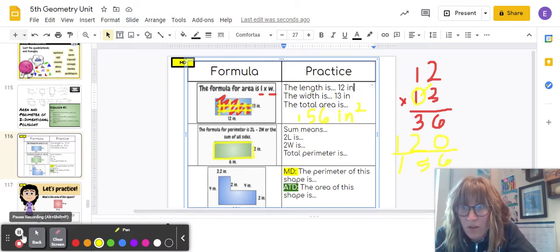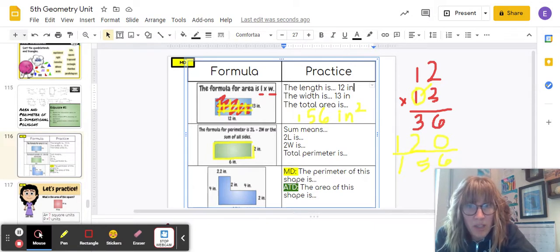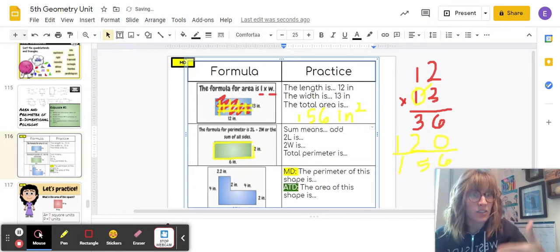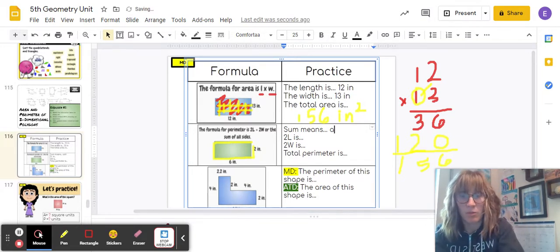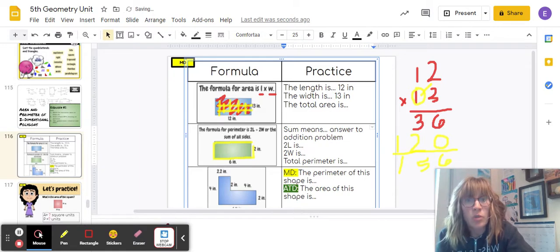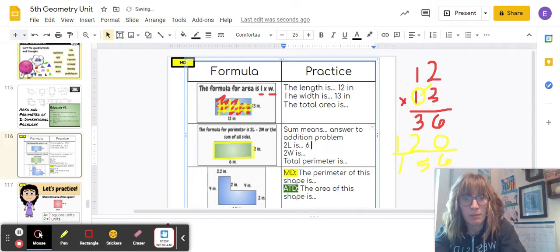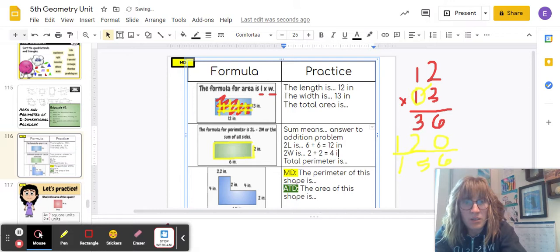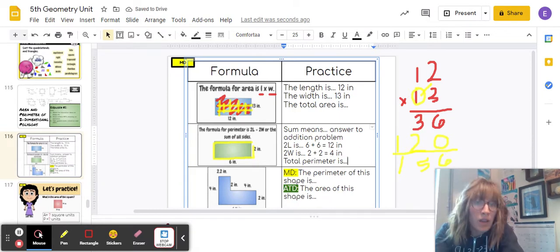And to do that, you're going to end up summing all of those sides together. Sum means to add. It's the answer to an addition problem. 2L, so if we have the length, we're going to call the length 6. So we have 6 plus 6 equals 12 inches. And we have our width, we have 2 of them. 2 plus 2 is 4 inches. So in total, we have 12 plus 4